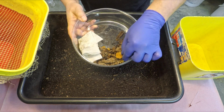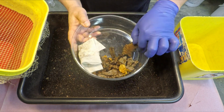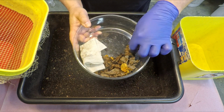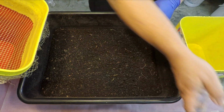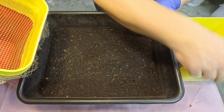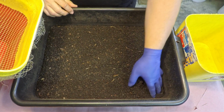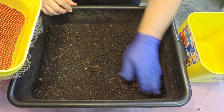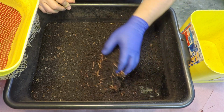And I believe these are just the skins of some cherry tomatoes. This object here is the stem of a pumpkin, and this is just another chunk of pumpkin stem. So we'll do a similar extraction of the stuff from the other system to get it out of there before we begin. So as you can see, the worms have been tunneling down deep into the material to get to